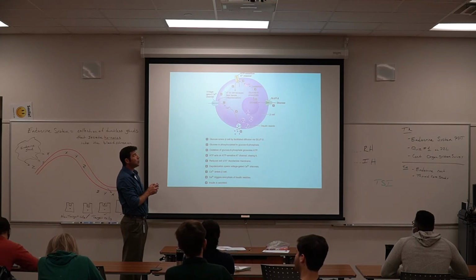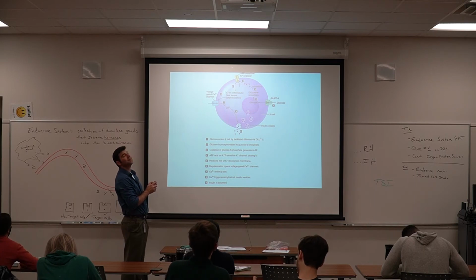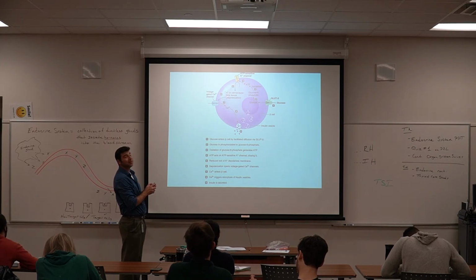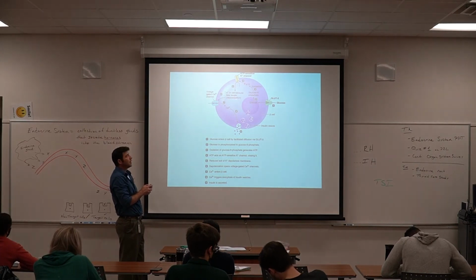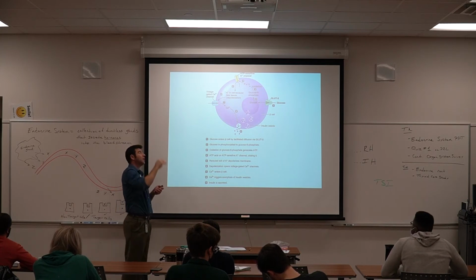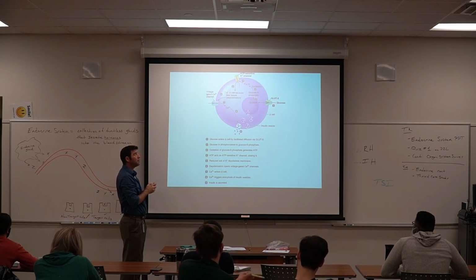What that ATP is going to be used to do is attach to this protein channel up here that would normally be open. It would normally allow potassium to leave the cell. But ATP is going to close that gate and prevent potassium from leaving. Potassium has a positive charge to it, and now it can't leave the cell. It starts to accumulate in the cell. And as soon as the cell accumulates enough of those positive charges, it crosses that threshold of what we would consider depolarization. The charge becomes great enough that you get this electrical current that ripples down this membrane,